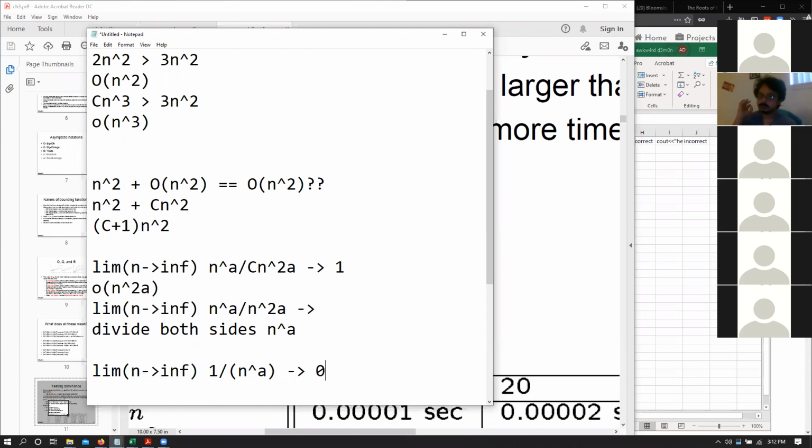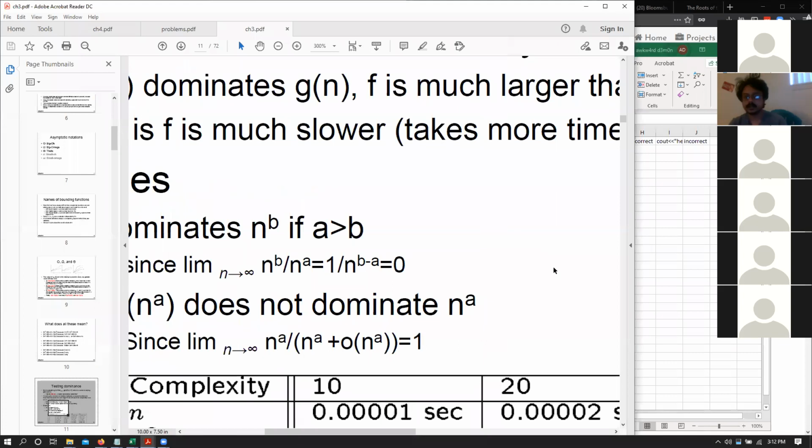Then that is a little o solution, because no constant can ever approach that particular condition, that n to the power of 2a. Right? Does that make sense? Yeah, irrespective of the constant. Perfect. Any other questions?